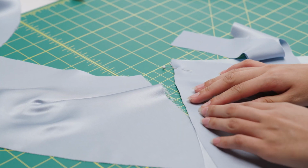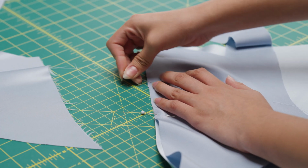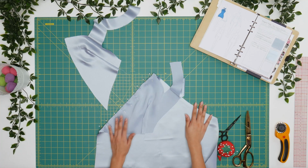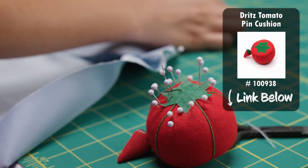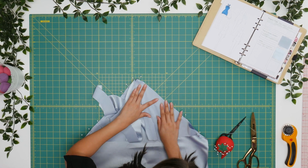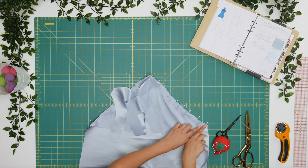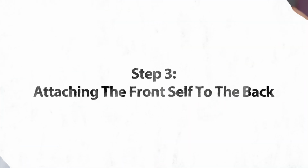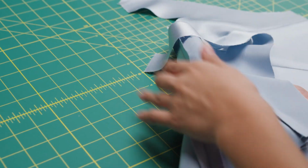I like to pin both of the ends first so that you can evenly distribute the ease. Now you're going to repeat on the next side. Now we're going to sew a straight stitch from here to there and then repeat on the other side. So I just got back from the ironing board and I pressed open the seams so that they lay flat